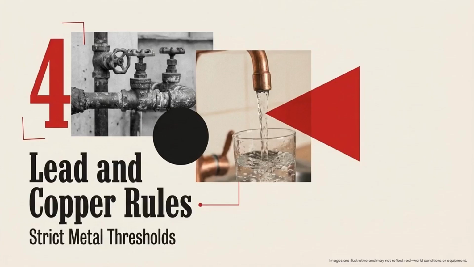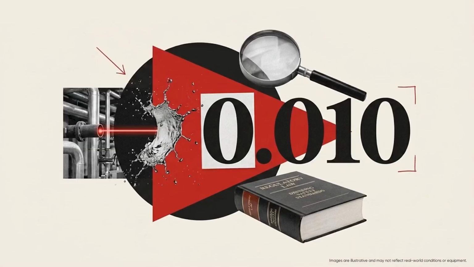All right, let's shift gears to Section 4, the lead and copper rules. This is, without a doubt, one of the most critical and heavily enforced pieces of the entire framework. 0.01 milligrams per liter. That is a tiny, microscopic decimal, but it's the strict regulatory action level for lead. If a system detects lead over this minuscule threshold at the tap, boom, it triggers an immediate aggressive crisis response. It is a literal tripwire built directly into the law to make sure heavy metal contamination is stopped the exact